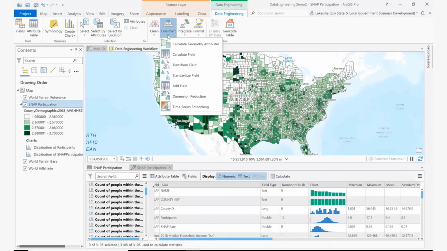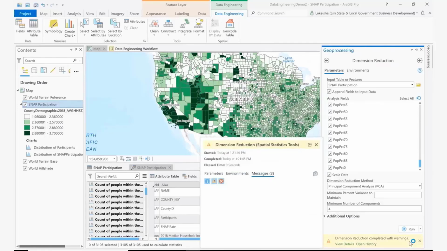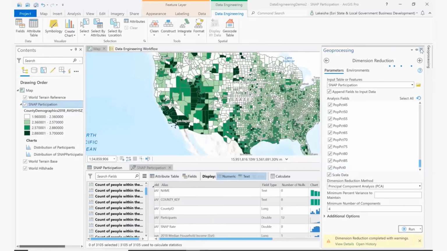In this case, I'll go back to construct, and I'm interested in performing dimension reduction, a common data science technique. I have a lot of population variables, and here I'll use a principal component analysis to condense my data into a few components which I can use again in future modeling. These components will then be added to my data set so I can explore them further and use them in